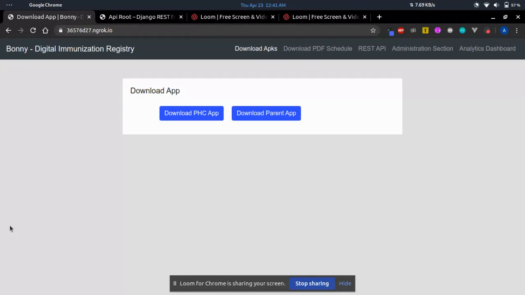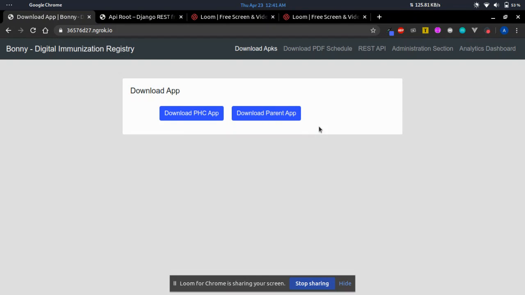Hi, so this is the web UI for the Bonnie app. This here is the landing page, and you can see there are two links to download the respective Android apps that are used to manipulate the data.